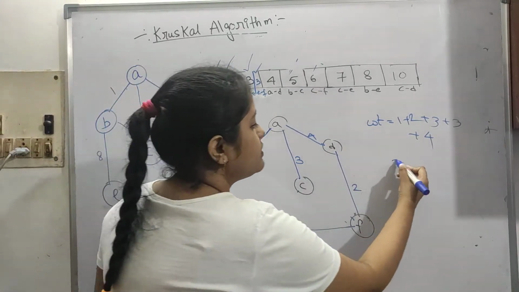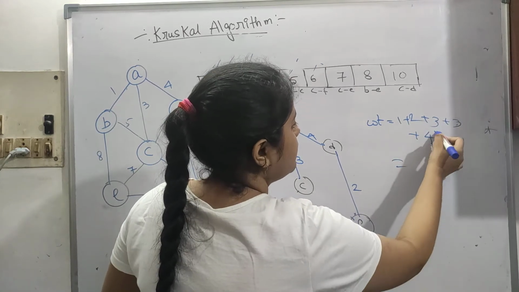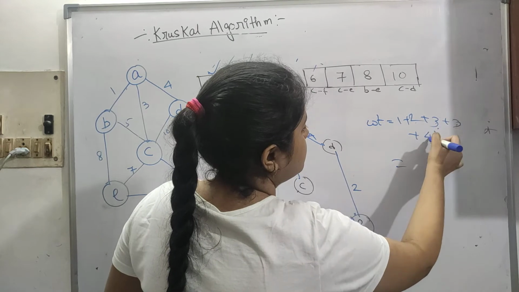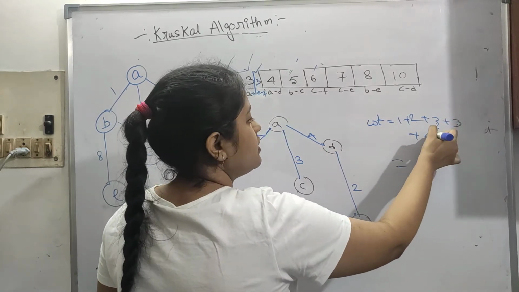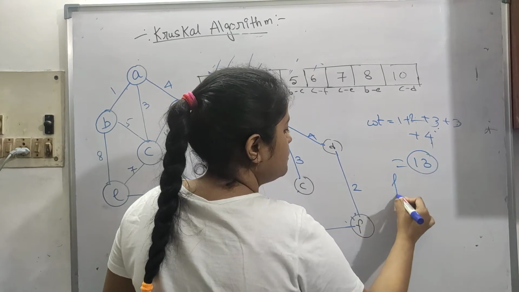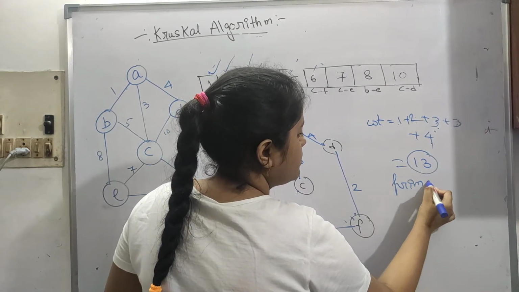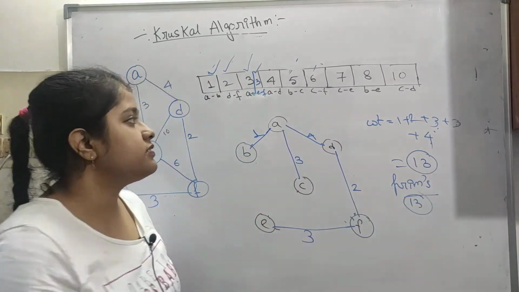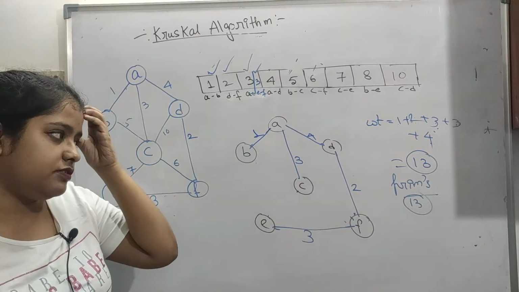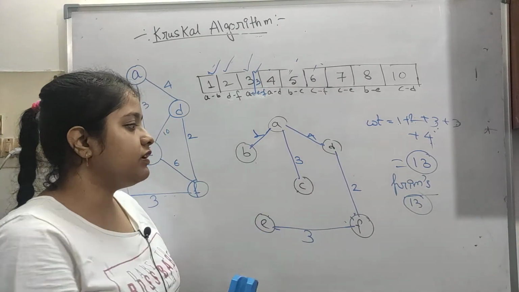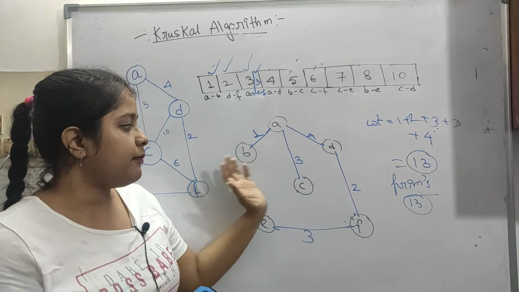Okay, so now let's evaluate this. 4, 3, 7, 8, 9, 10, 11. This is 4 plus this 3 plus 3, 6. So 10, 11, 12, 13. Yes, 13. So in Prim's also we saw this is coming as 13. Sorry for the mistakes, maybe I was unconscious or something. So this is the same. Obviously Prim's and Kruskal's will give you the same result, but the approach is different.